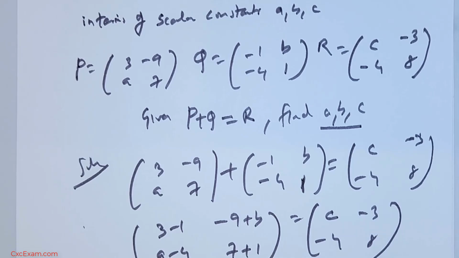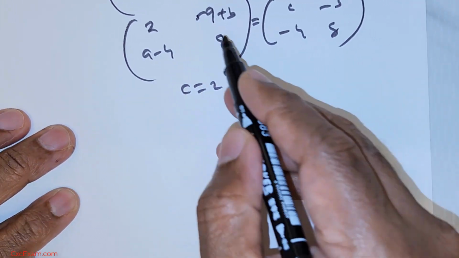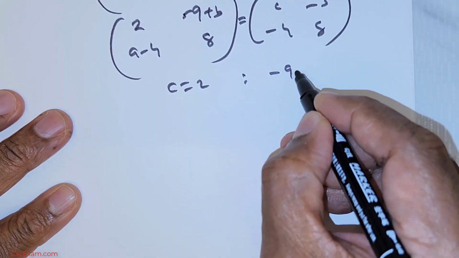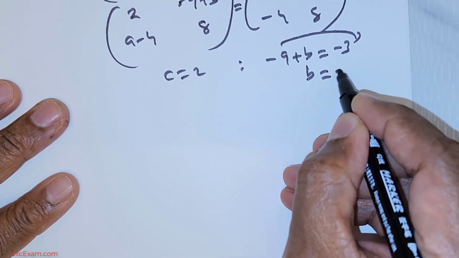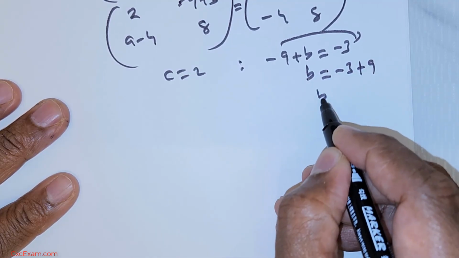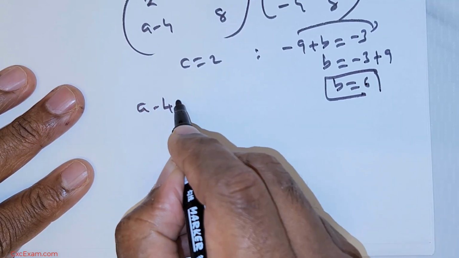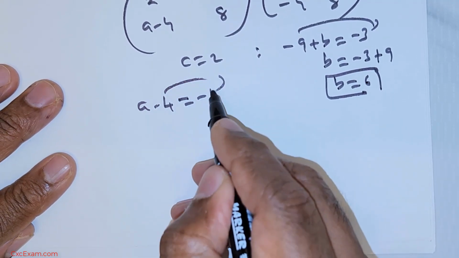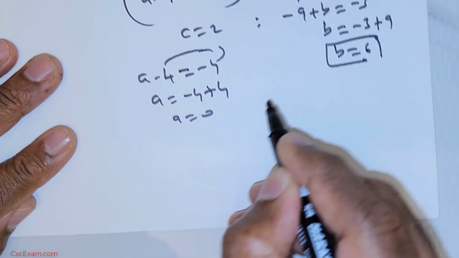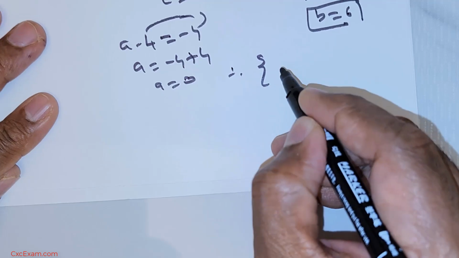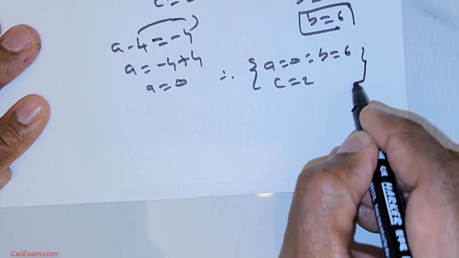Okay, I hope you're watching. Now equating, you get C is equal to 2, and -9 plus B is equal to -3. You push this to the other side, B is equal to -3 + 9, so B is equal to 6. Now over here, A minus 4 is equal to -4. Push this to the other side, A is equal to -4 + 4, so A is equal to 0. So therefore A is equal to 0, B is equal to 6 and C is equal to 2 are the